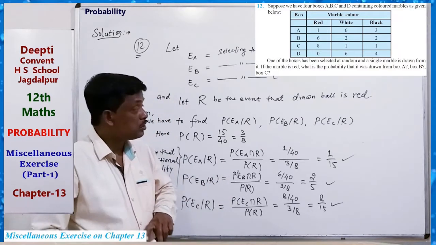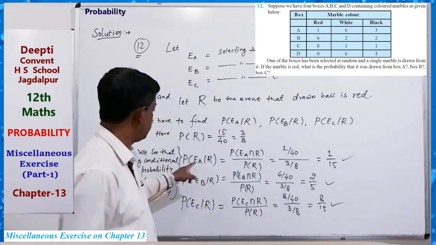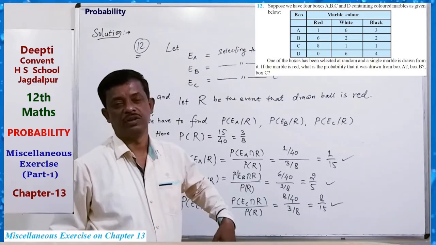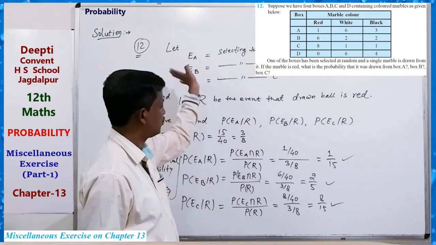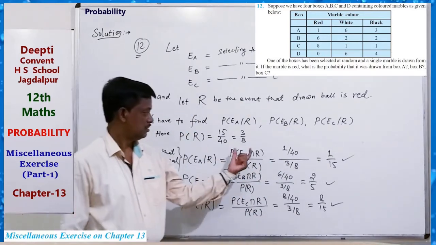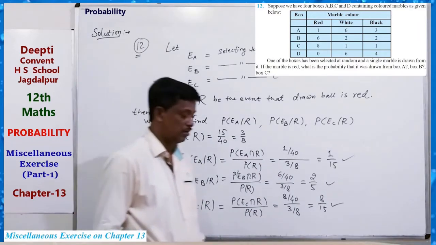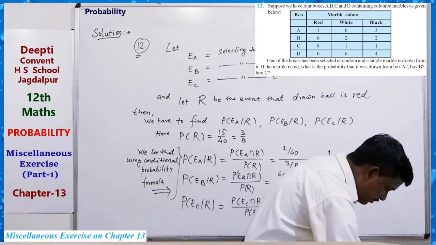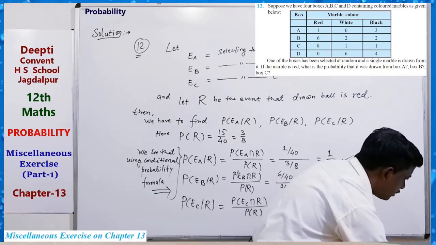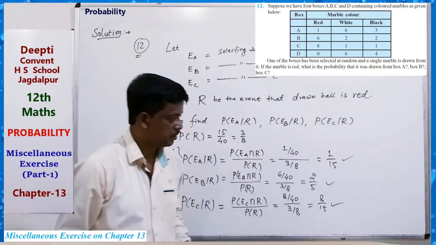Okay, this question can also be solved by using Bayes theorem. Just write P(E|R) with the Bayes formula, and after finding all the probabilities, you can put the values, and then you can also get the result like this. This equals this, equals this, and so on. Okay, so this is the solution of question 12. Now the next question is 13.